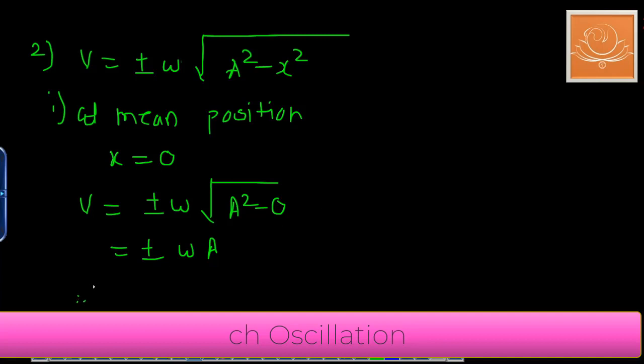Hence, at mean position, the velocity of a particle performing simple harmonic motion is maximum. We can write it like this: V maximum equals plus or minus omega into a. Now next, for